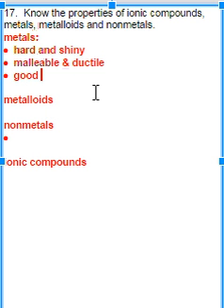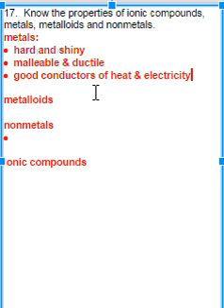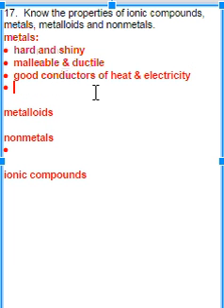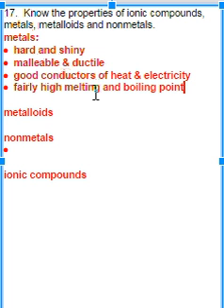They're good conductors of heat and electricity. And they're good conductors whether they're a solid, liquid, or gas. And those are kind of the big properties. Oh, and I forgot one. They're fairly high melting and boiling point. And remember, all of those properties can be explained by the metallic bond with the positive ions lined up surrounded by that sea of electrons.